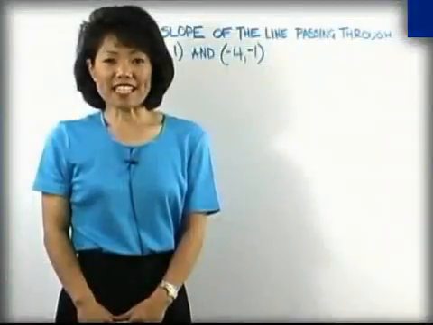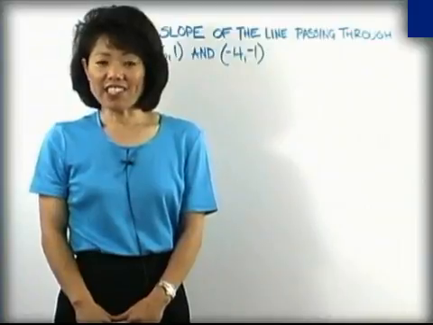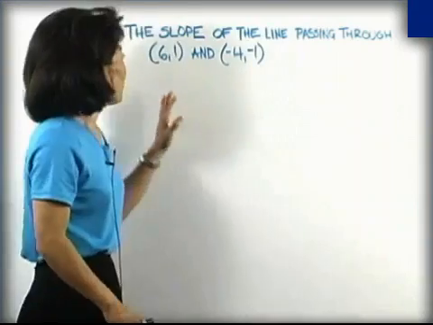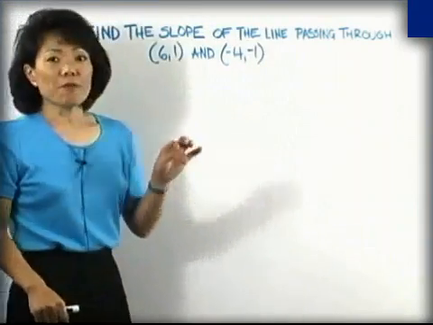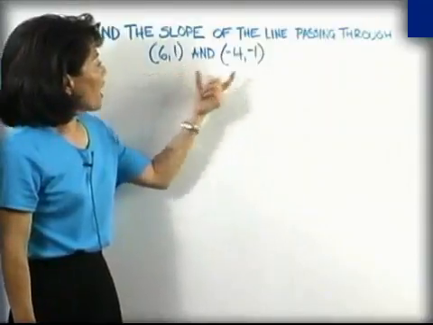In this section, we're going to examine what it is to be the slope of a line and actually how to calculate the slope of the line. Let's look at our first example. Here, we're going to find the slope of a line that passes through the following 2 points, (6, 1) and